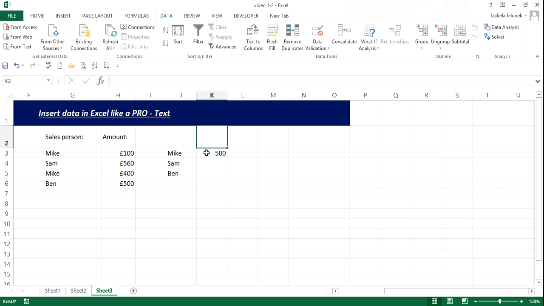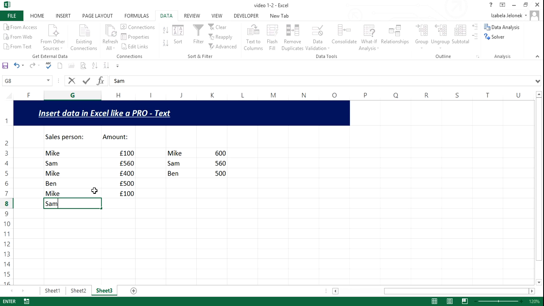So Mike has 500, and let's just check whether that's correct. That looks very fine, and then we can just drag it down for Sam, 560, which is correct, and for Ben it is also correct. So this works just fine, and you can add some more names. Let's say Mike, and let's add 100 for Mike. Here we go, brilliant. And we can add Sam, and let's add 40 for Sam, just to round it up to 600. Well, this did not work,